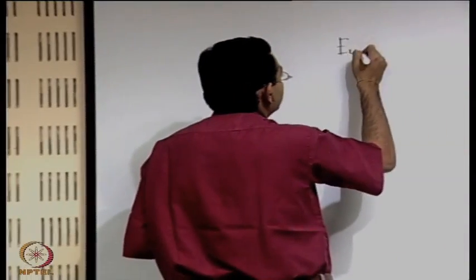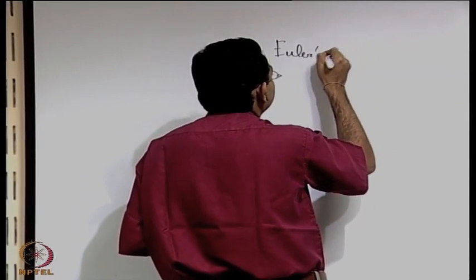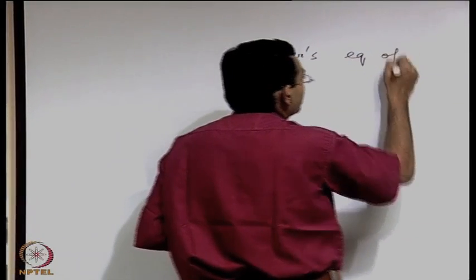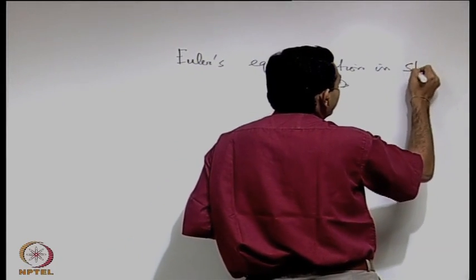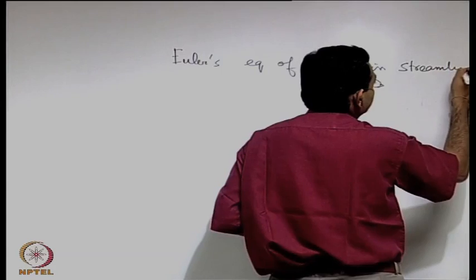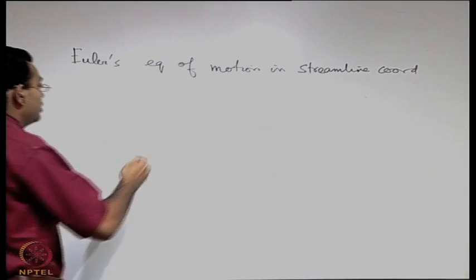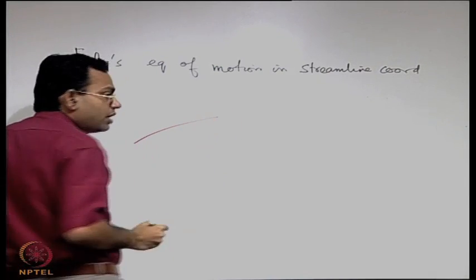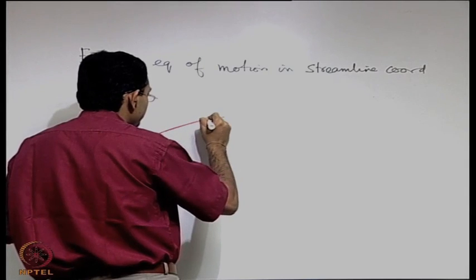We are now going to discuss the Euler's equation of motion in streamline coordinate system. So, let us consider a streamline coordinate system as we were discussing in the previous class. Euler's equation of motion in streamwise coordinates or streamline coordinates. So, we consider that there is a streamline and we consider a coordinate system such that you have a coordinate